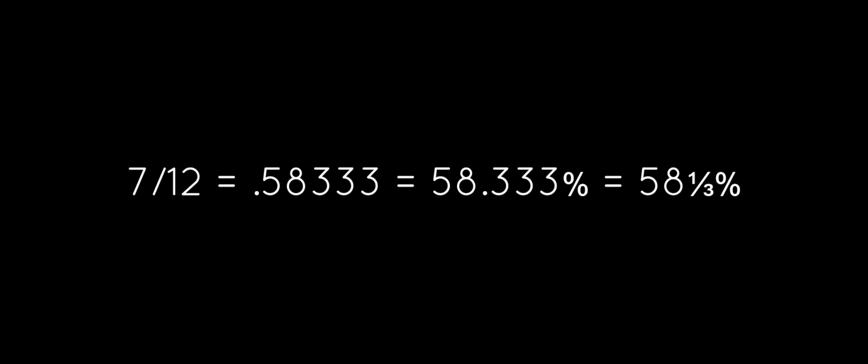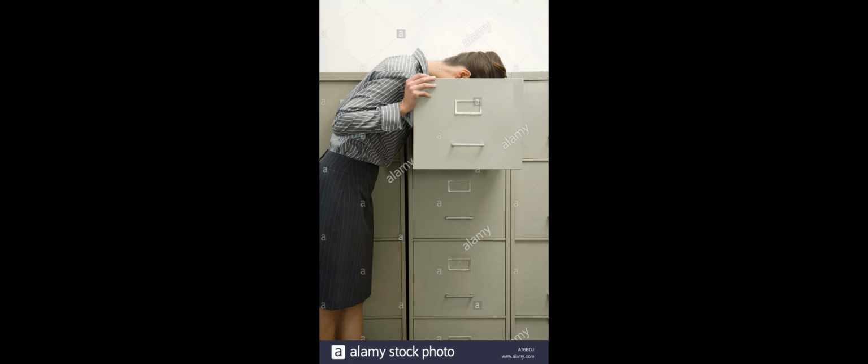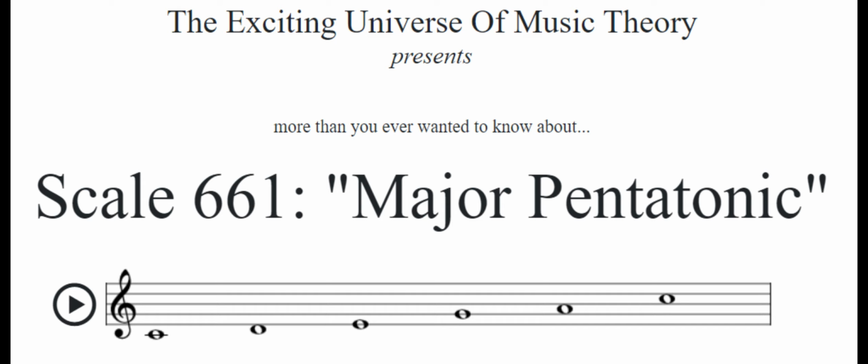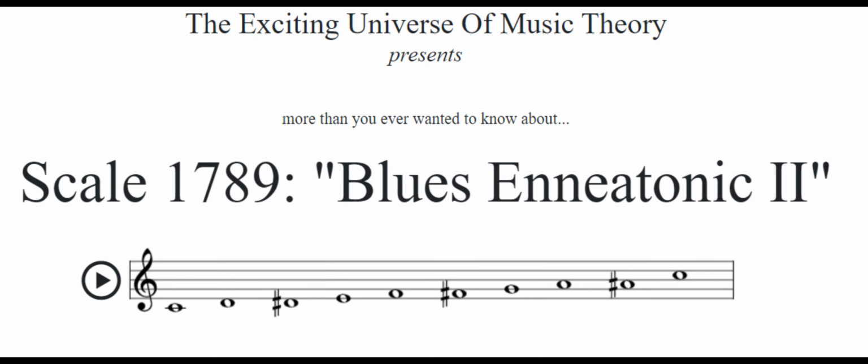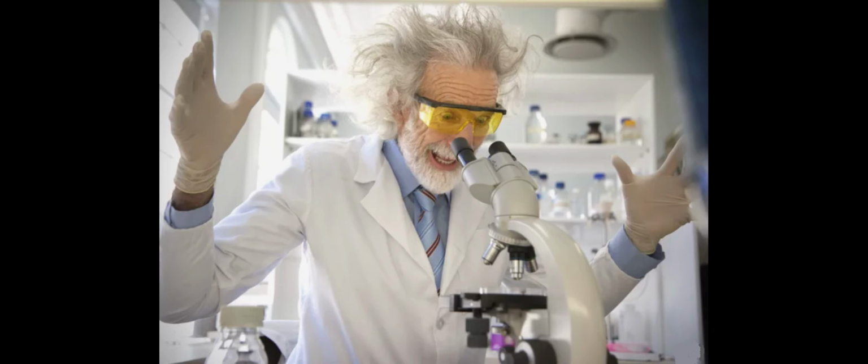Recently I was thinking about how only 7 out of 12 notes are used in the major scale. As a percentage, that's 58 1/3%, or 58.333 going on forever percent. I know that there are other scales that don't have 7 notes in them. Pentatonic scales only have 5 notes, and blues scales can use up to 9 notes. I started to wonder what scales would be like if they were built with frequencies and interval ratios based on